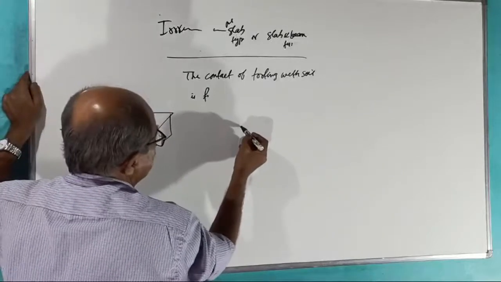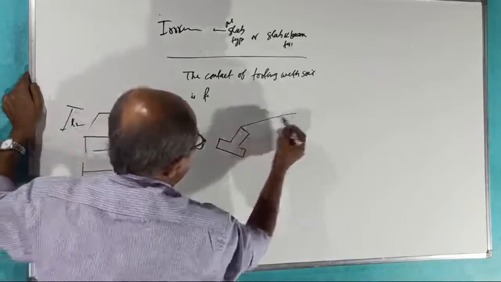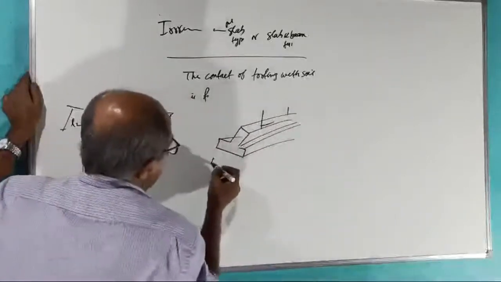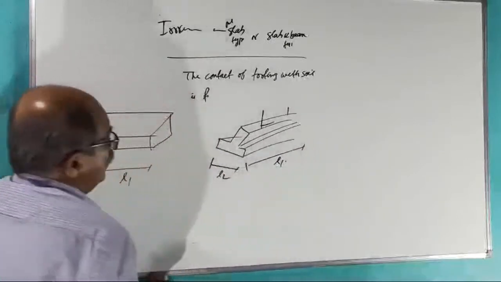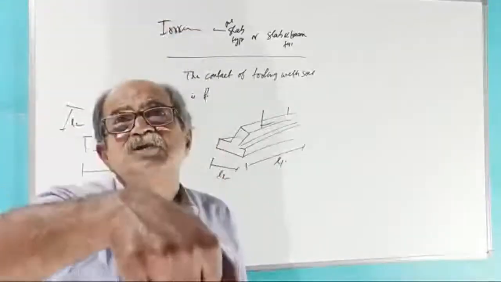Slab and beam type. Once again I draw. Okay, done. Leave it. Slab and beam type. Okay. Column. I will call this as L2, this as L1. Therefore, it is all upper side. If you go inside the soil, suppose